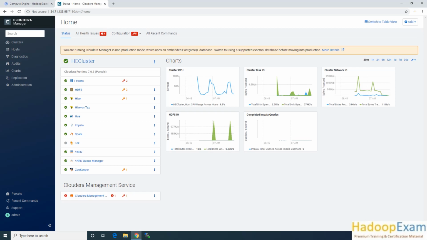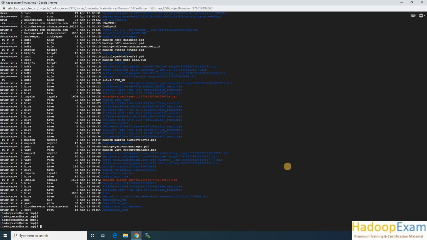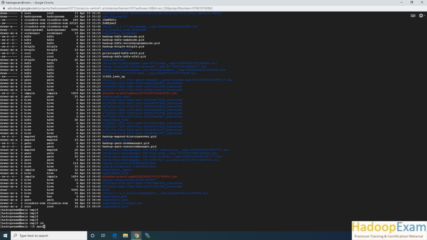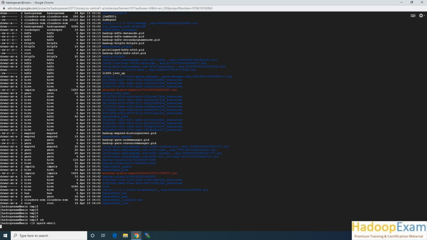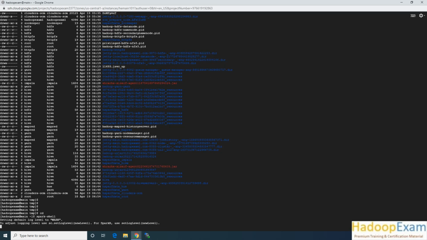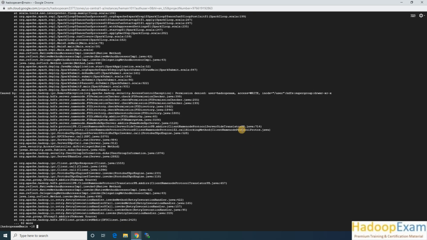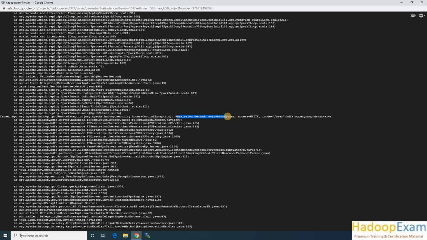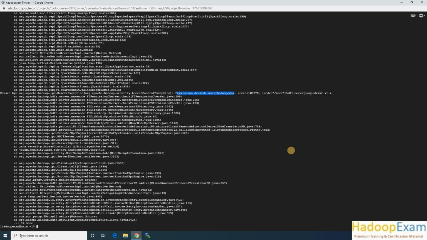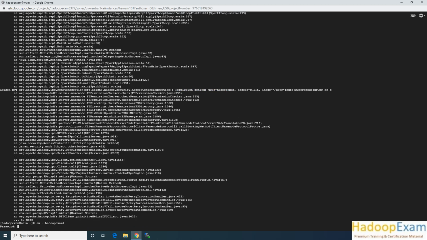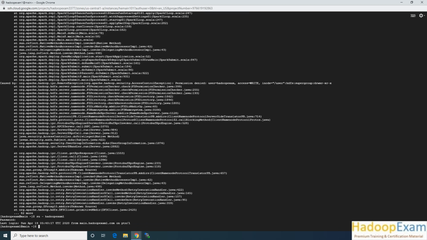Let me start the Spark service on the console, to see whether we can do this or not. Spark shell. It is taking a little longer, but let's wait. It is starting for the first time, so it may take some time. Okay, the issue here is actually permission denied for this user. So what you have to do, as I previously mentioned, is always use the Hadoop exam one user and log in as Hadoop exam. Now let's start the Spark shell again.